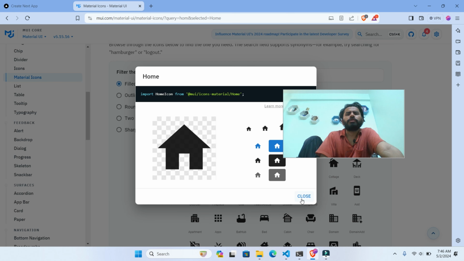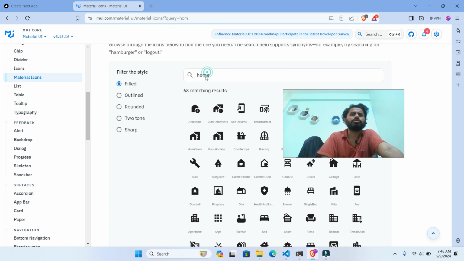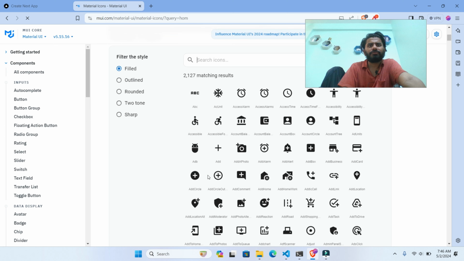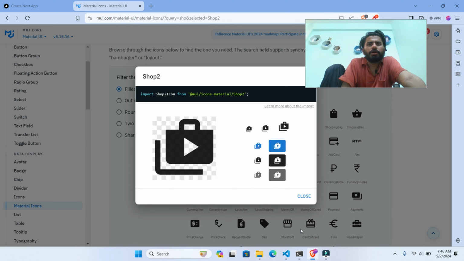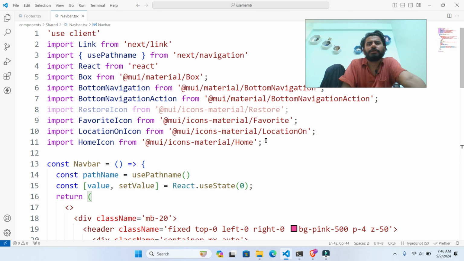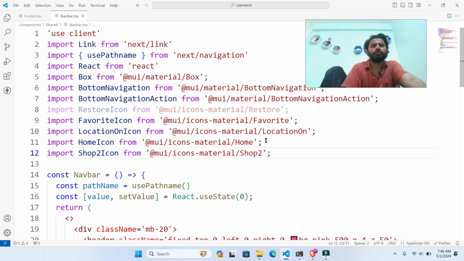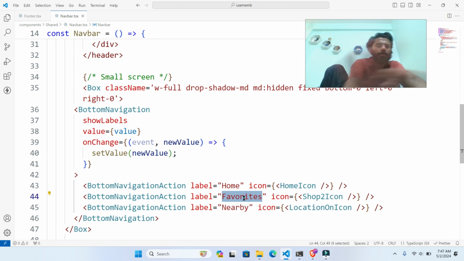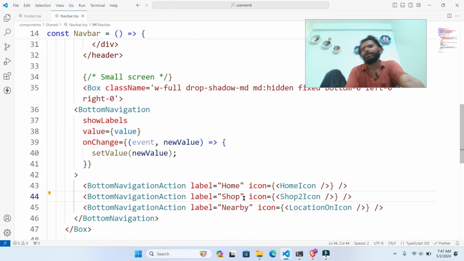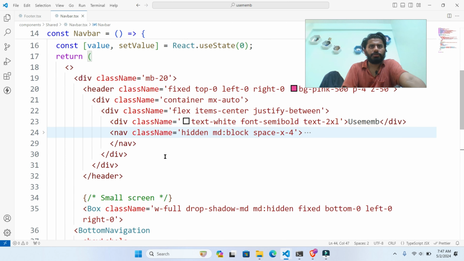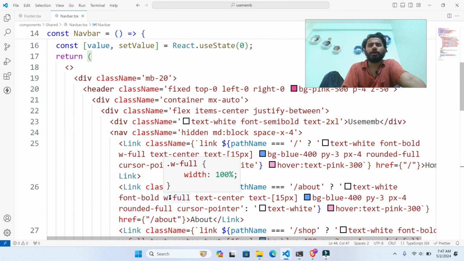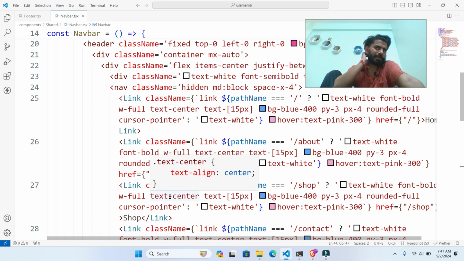So let's give home, shop, and something else. For now, I will write shop. Let's take a shop one. What happened here? Seriously, something went wrong here. This one, yeah. Let's give this, and later on we can modify as per our need, guys. It depends. So shop two, let me give it. Okay, and shop, or you can give explore. Totally depends upon us. Let's give an explore tag,